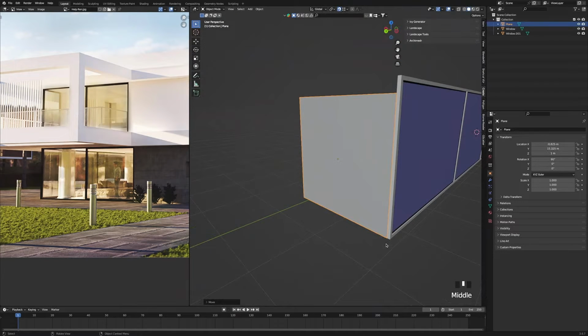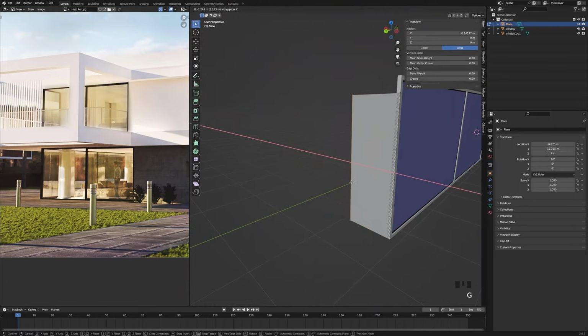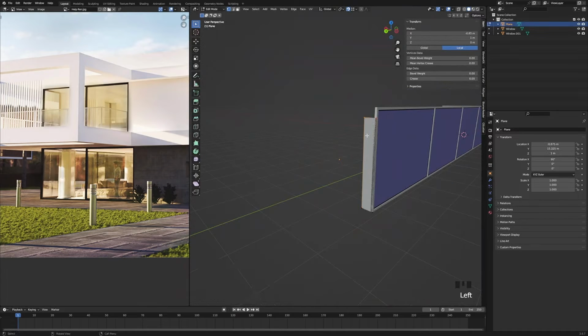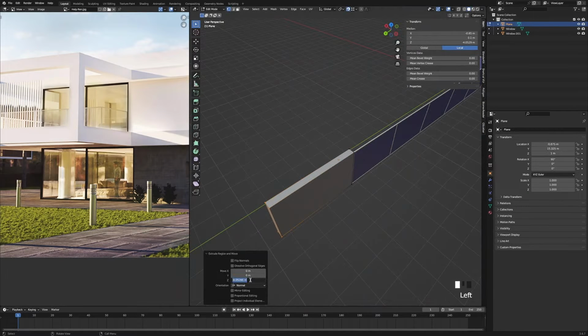I'm going to make sure it's snapped right there, and then press Tab to go into edit mode. Select these left vertices, press G, X, and bring them closer in. And we'll change that amount to minus 1.7. And we're going to select the top ones and press G, Z, and snap it to the top. And then we're going to press A to select everything, E to extrude it along, change that amount to minus